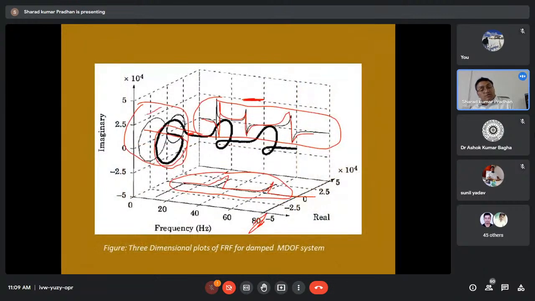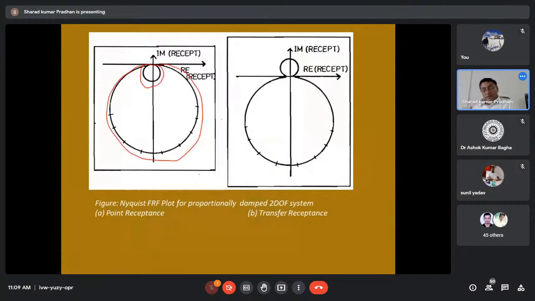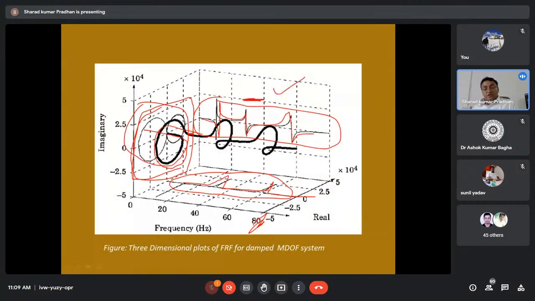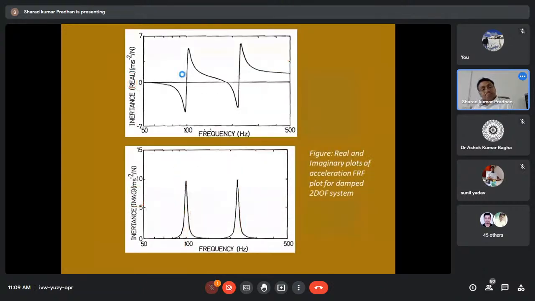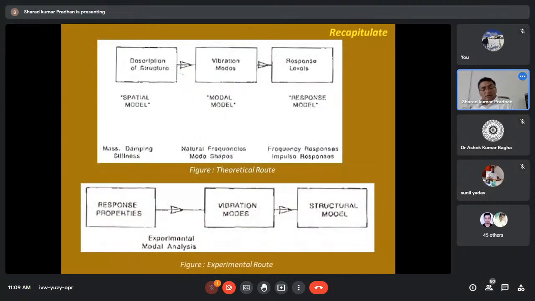Look at this portion. This projection gives Nyquist, that projection gives real, and the lower one gives imaginary. So this is real, this is imaginary, and this plane is Nyquist. These are the different projections. At the end, just to recapitulate what I have discussed, I started